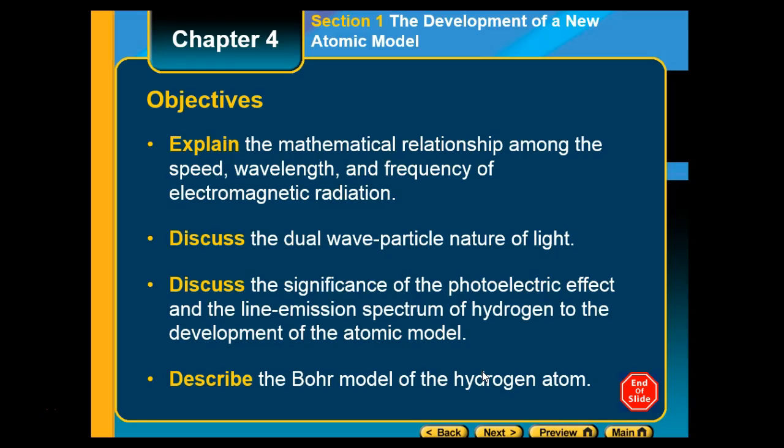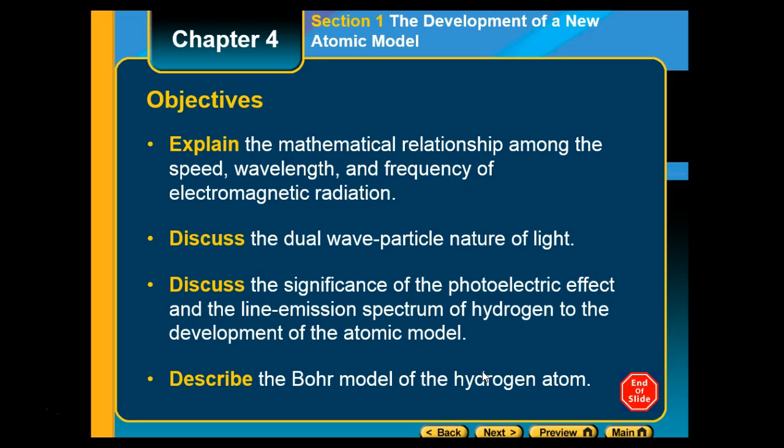Chapter 4. Section 1 of Chapter 4 is going to talk about the atomic model that we know today. So in Chapter 3, we learned Dalton's atomic model. Remember John Dalton. And in this chapter, our objectives are, 1, explain the mathematical relationship among the speed, wavelength, and frequency